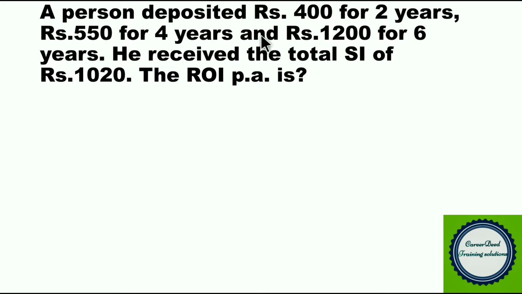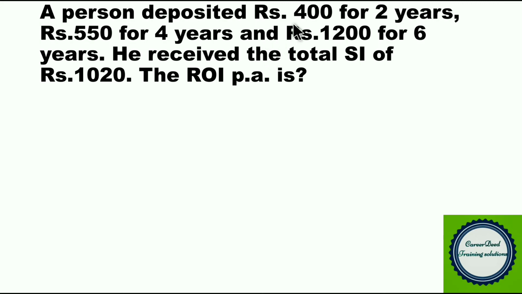Now a person deposited rupees 400 for 2 years. You know, the deposited amount is always 100%. So he deposited 400 rupees for 2 years. So this 400 rupees is 100%. Now always we calculate interest based on the amount we invested. For example, if you invested 200 rupees in a bank, the 200 is 100%. For 1 year if it is 10%, second year you will get another 10% for the investment only. So for 200 if you get 10%, for the second year also for the same 200 you will get another 10%,